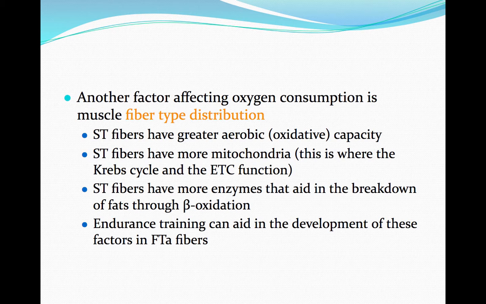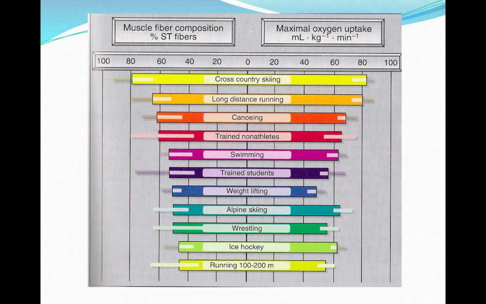No matter what, even if you didn't pick the right parents, I want to assure you that if you enjoy running, if you enjoy cycling, if you enjoy doing any other endurance activity, you can get better at it. You absolutely can train, and you can develop characteristics for these fibers. So it's not that all hope is lost, but I do think you probably saw this in Unit 1